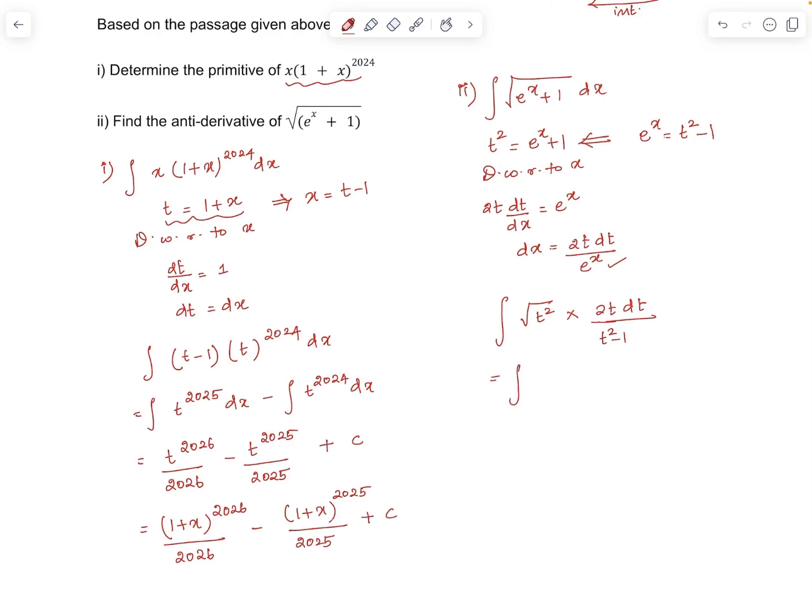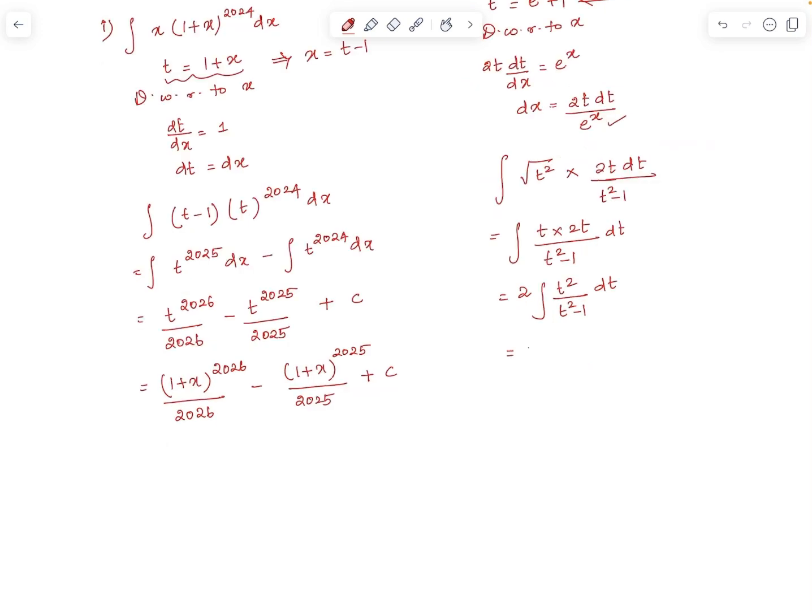This gives square root of t square is t, times 2t upon t square minus 1 dt. 2 can be taken out, then integral t square by t square minus 1 dt. Adding and subtracting 1 to the numerator, we get t square minus 1 plus 1 by t square minus 1 dt,